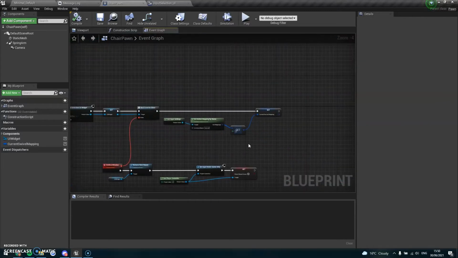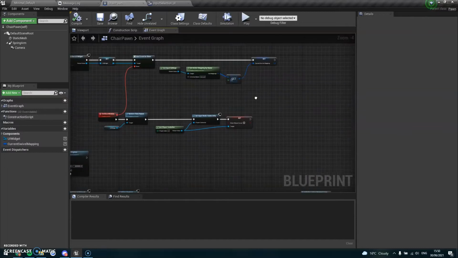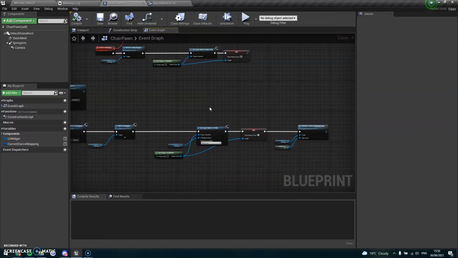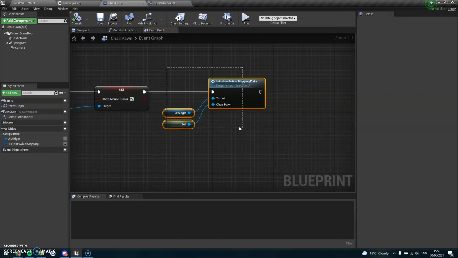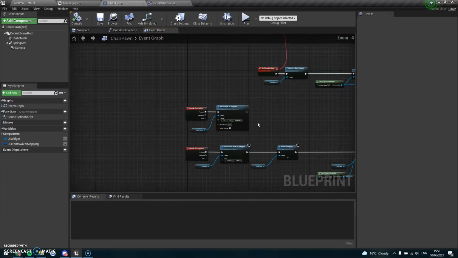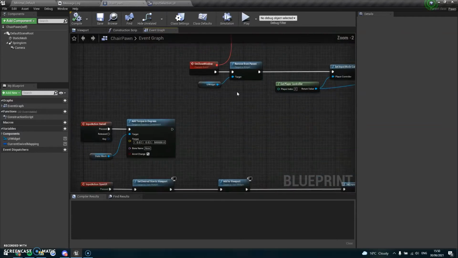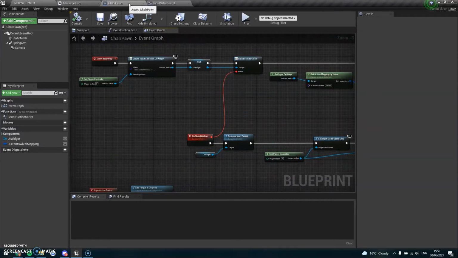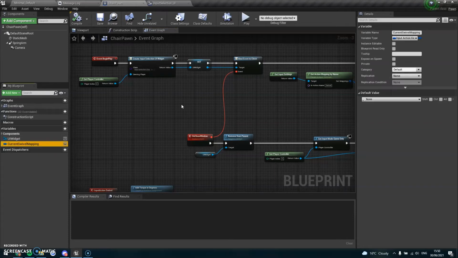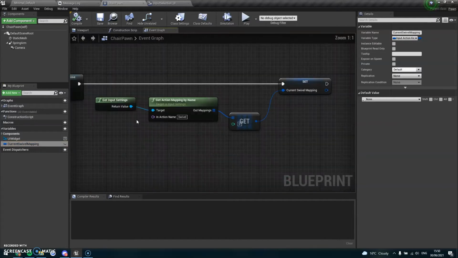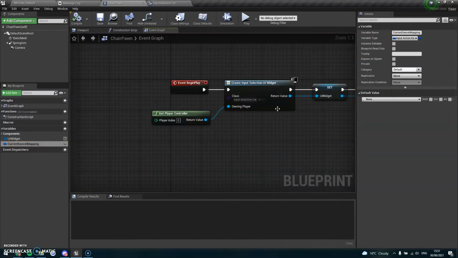In order to do this, when the chair pawn first opens up the UI, it needs to pass to the UI the current key that it used to trigger the swivel action. And this is achieved by the chair pawn storing an input action key struct for the swivel action. So what happens is, in the begin play,